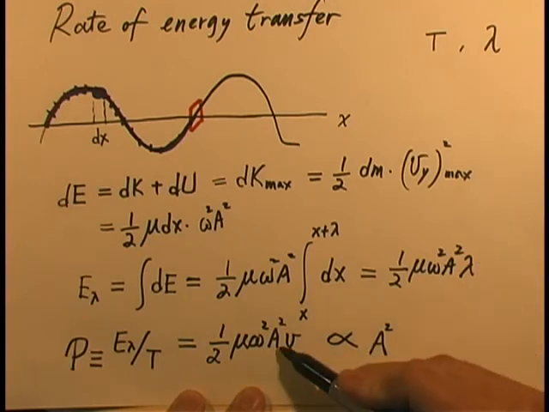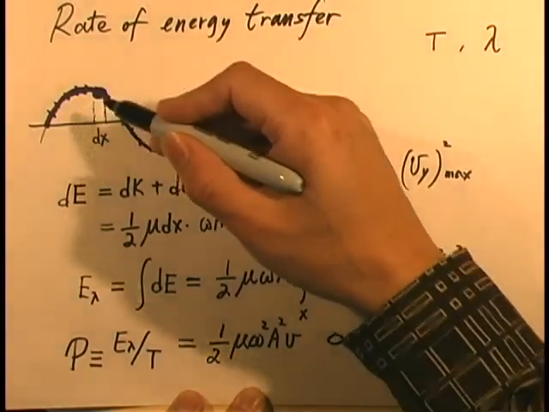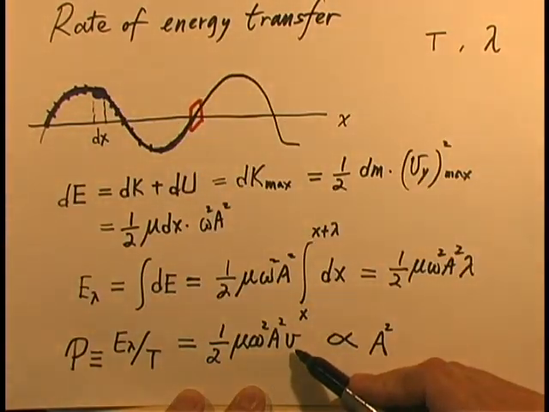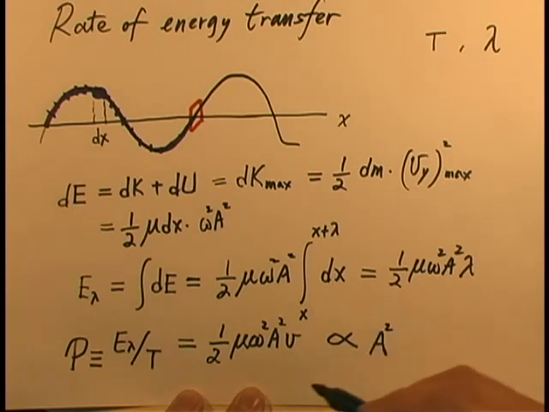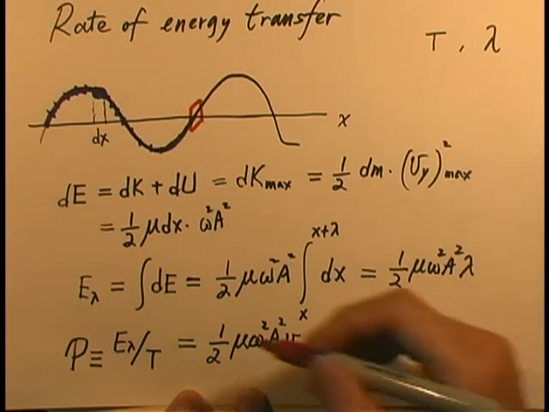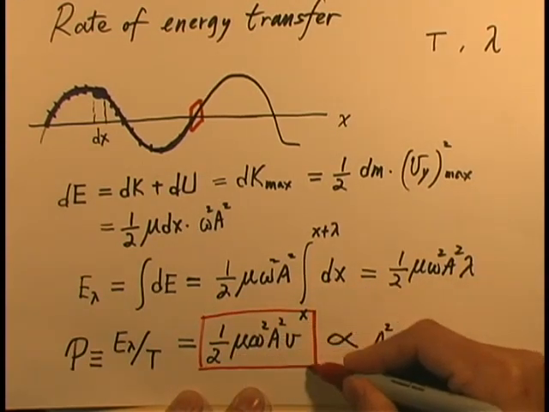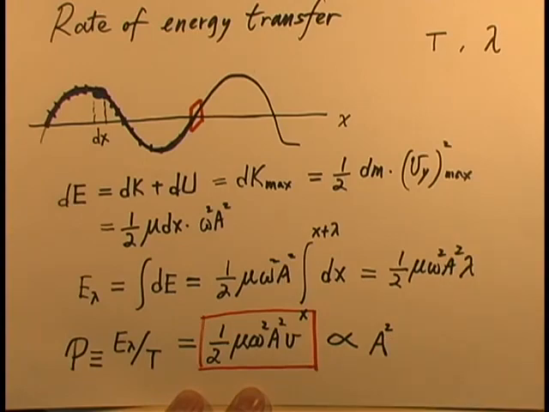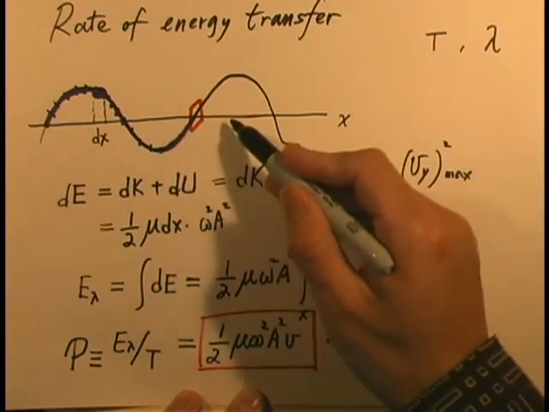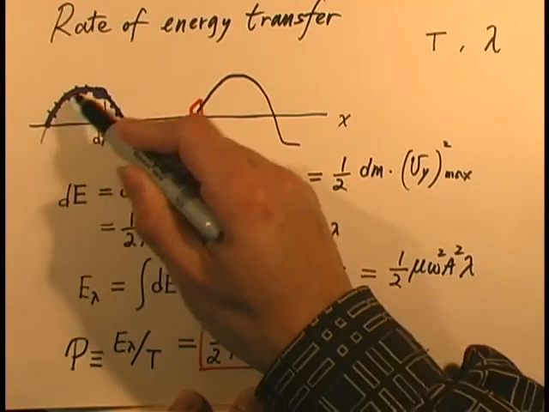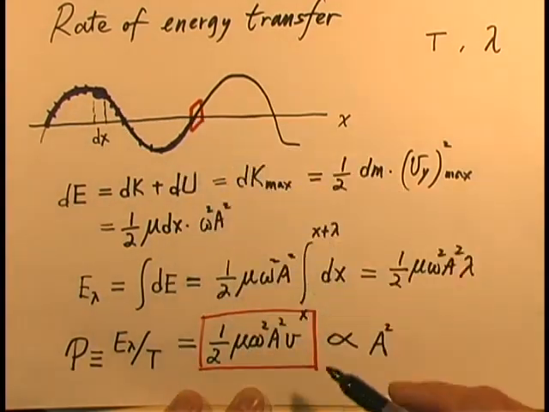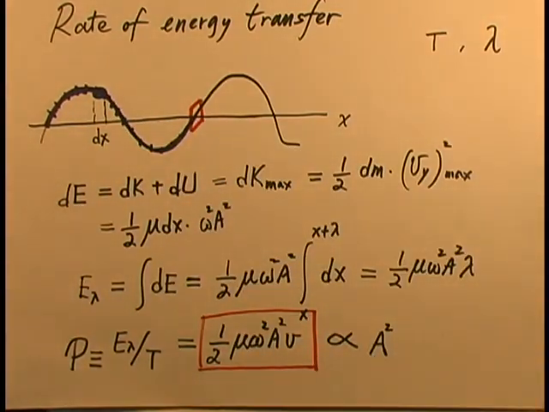It is proportional to a squared, because that has to do with how much energy is carried by each oscillator. It is also proportional to v, the speed of the wave. And that makes sense because the faster the wave propagates, the faster energy is carried through. So this is how much energy is transferred per unit time by this wave, without delivering any real mass over this window. Okay, no part of the string here actually goes through this window, yet energy is carried through. So this is a unique